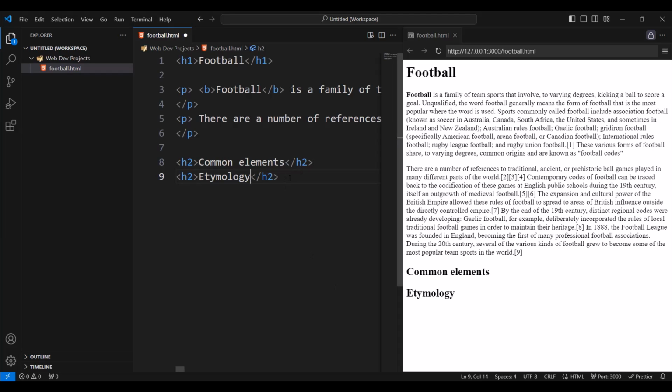And let's also add some text to it. So I'm gonna go down here, H2, the closing tag, and I'm gonna put early history. Now let's add some text here. Let's put a paragraph.